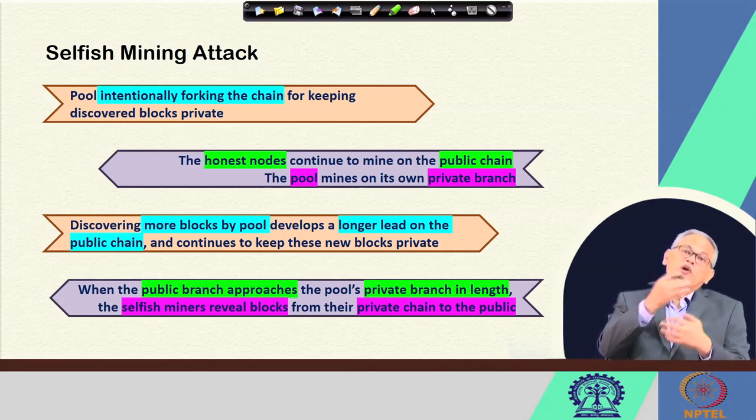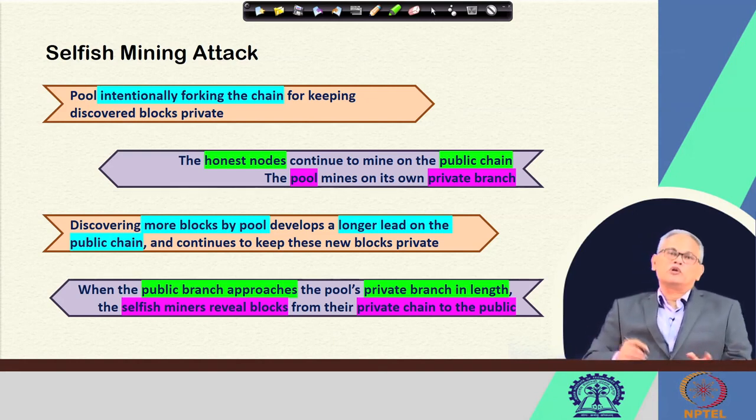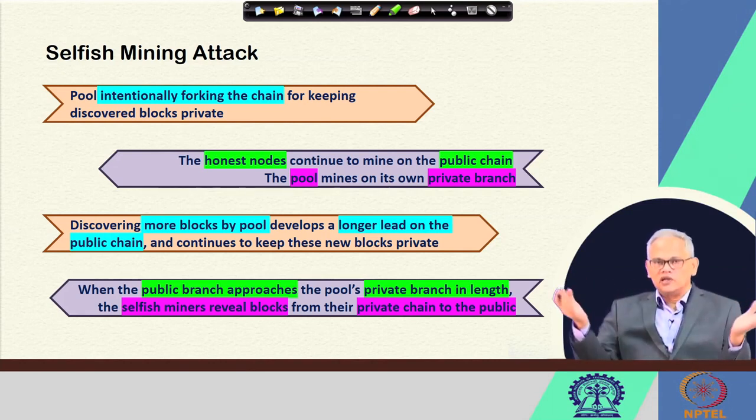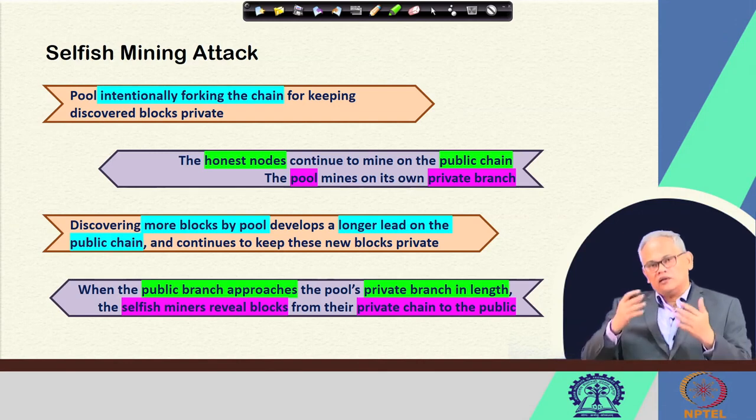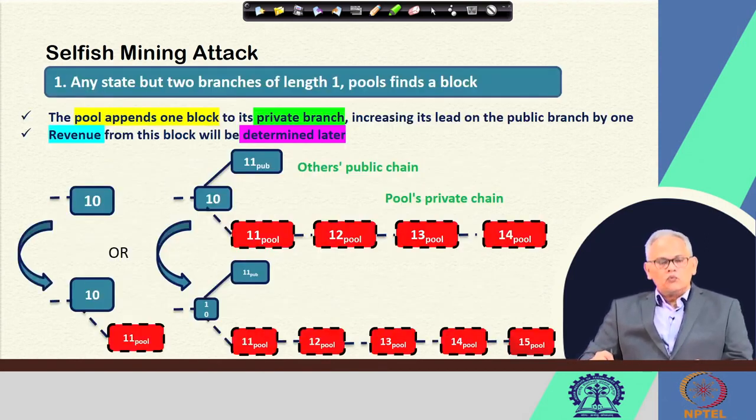These honest people will start joining that particular pool, and as a result their computing power will increase. Even if they do not have more than 50% computing power, they will have a lot of computational power, and they will get a bigger share of the blocks mined by their pool as compared to the others. So, by initially trying to do this selfish mining, the attackers will end up giving an impression that, hey, you come and join our pool and you will get better revenue. That is the whole goal of the attackers when they carry out this selfish mining. So, let us see what can happen.